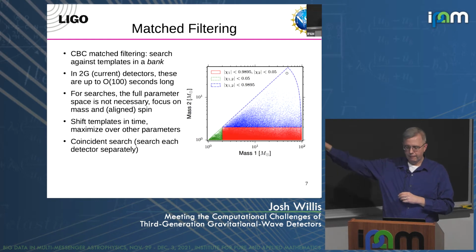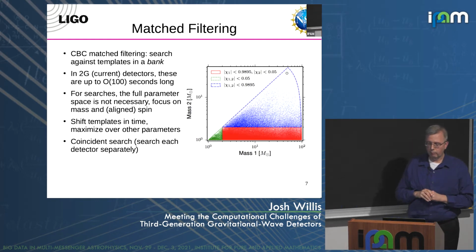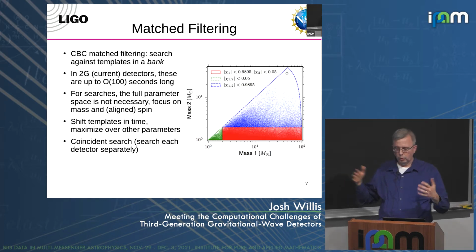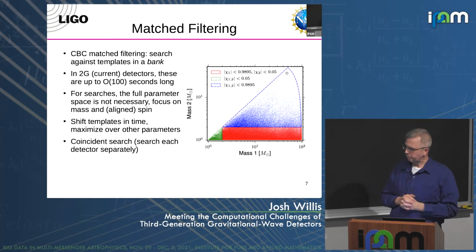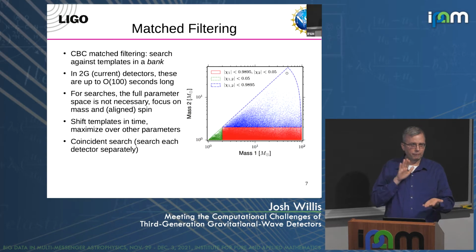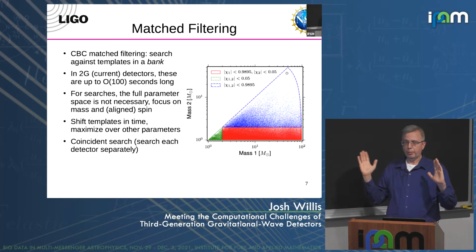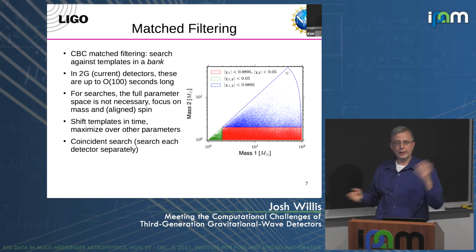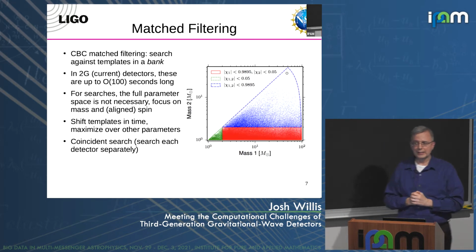So I have here from an O1 paper one of the template banks, where the color that you're seeing corresponds to the spin range that's allowed for the aligned spin component. So we only look at the aligned spin component, take those 3 components of 2 spins and reduce it down to 1 effective component. And then we're looking at the masses of each component. And that's sufficient